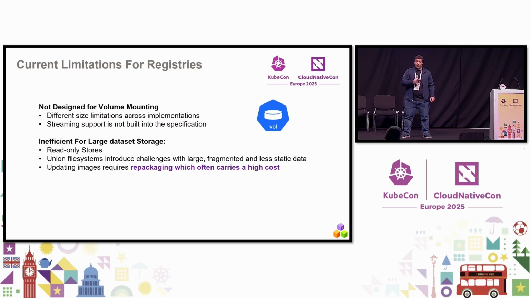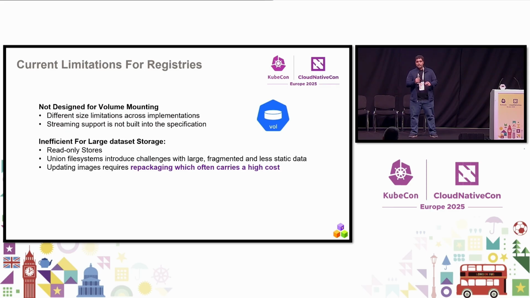The other thing is that while we have been able to get streaming support working on container registries, this was not something that was built into the spec initially. Now, there are some things that allow it to happen today, but it originally was not built for this. So it's not something that we can say was intended from the start. The other thing is that there are some limitations when it comes to how we store